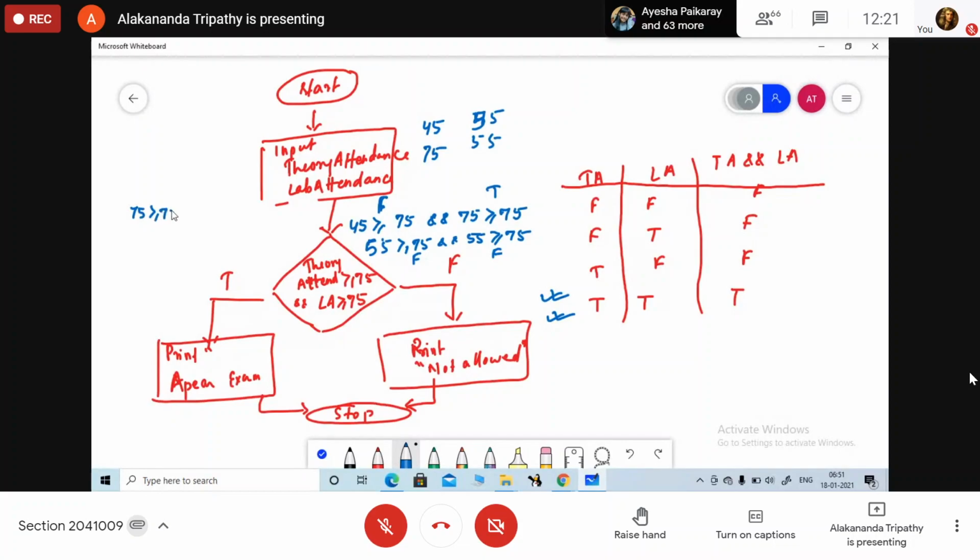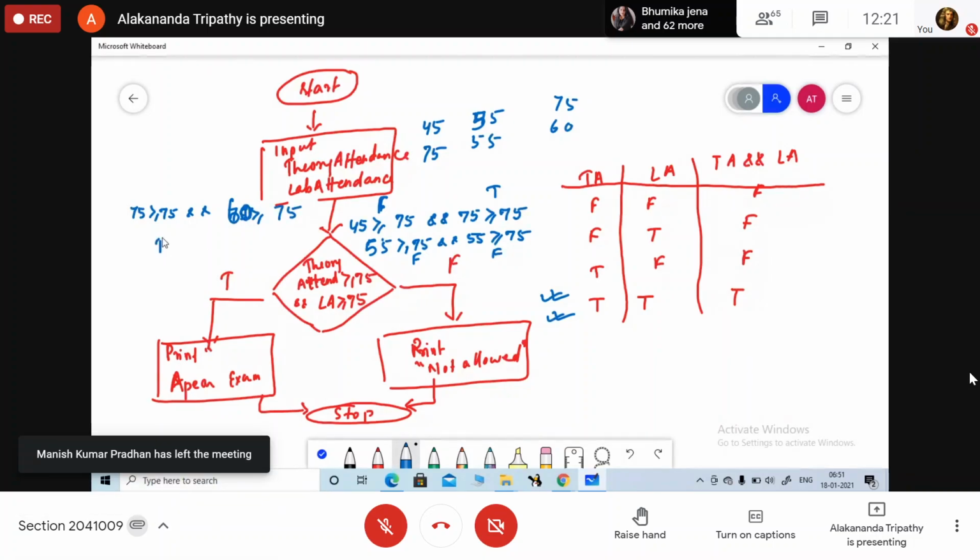75 greater than equals to 75 and third set 75, 60. 75 greater than equals to 75, 60 greater than equals to 75. So true, false. Again it will be false.